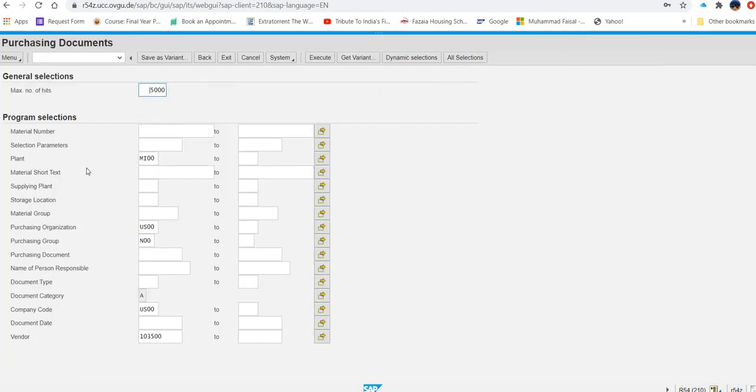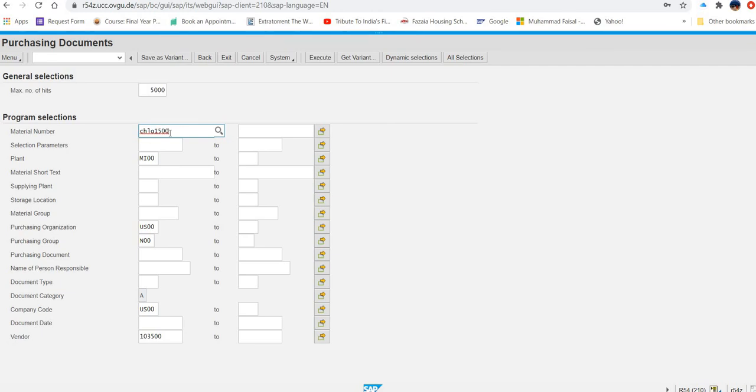Then in request for quotation, material number is required, that is CHLO01. So the material number you will put CHLO1, and my GBI number 500.